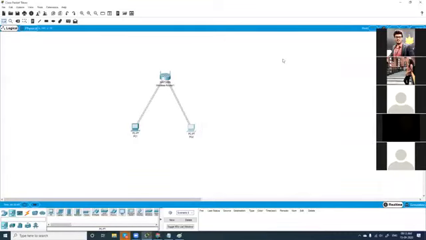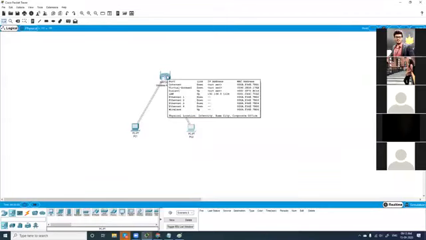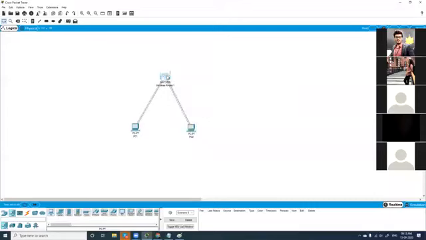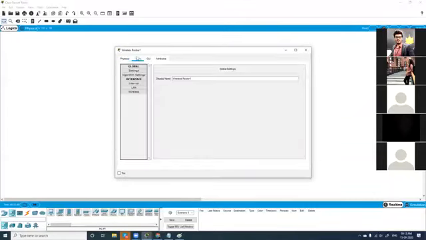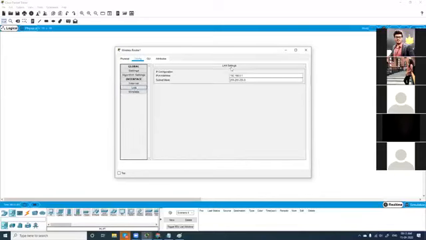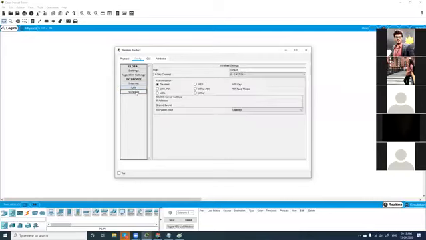Fine. Now we'll log into the modem here. First, I'll show this in Packet Tracer, then I'll show it in my modem here. I'll open this. Fine. So this is your modem here, and you have config wherein you have LAN. The IP default gateway IP address is 0.1. Wireless, you have a few basic options.